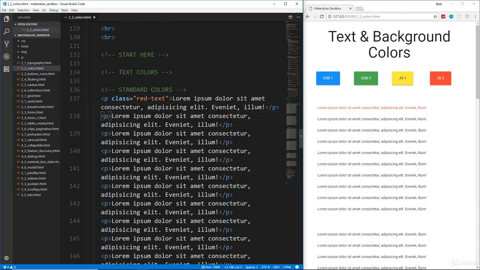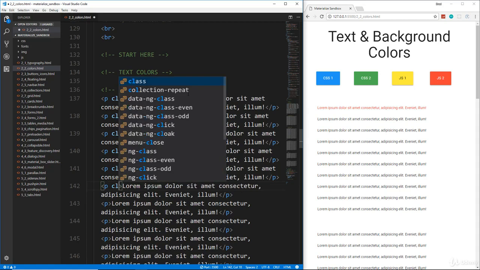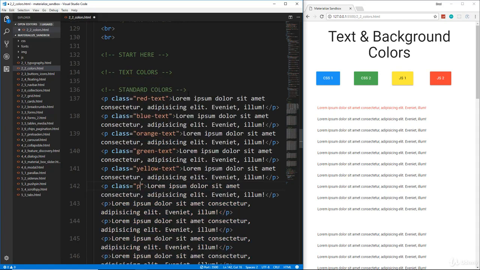All right, so let's add some other colors here. We'll say class equals, and let's do blue dash text. All right, so for this one, let's say we'll do orange dash text, and let's do green text, yellow. So these are kind of the standard colors, or just the more common colors. There's some other ones as well that aren't so common that I'll show you in a minute. So we have purple,